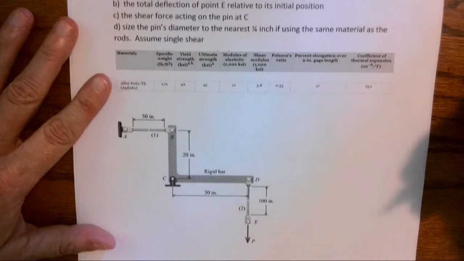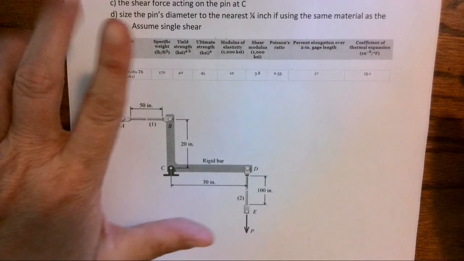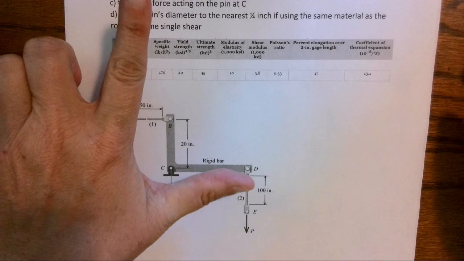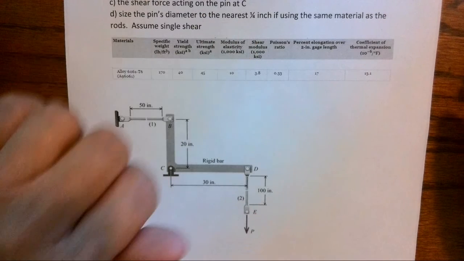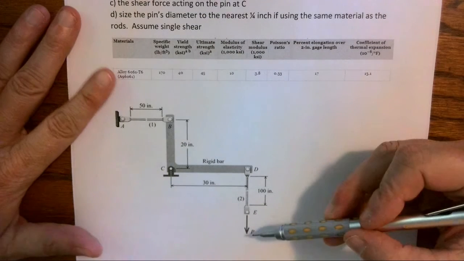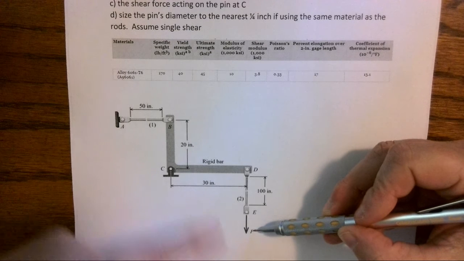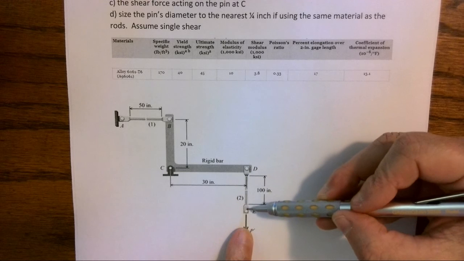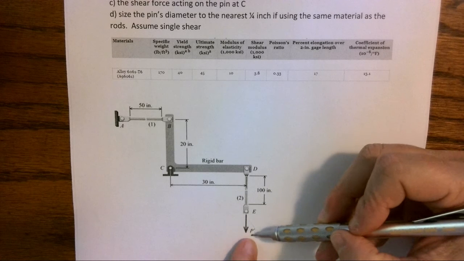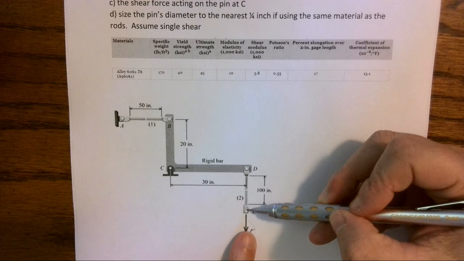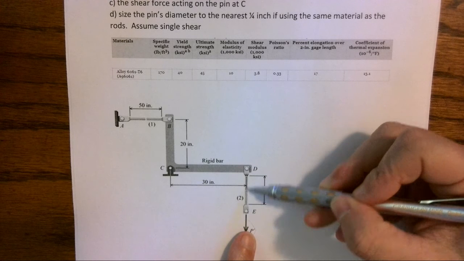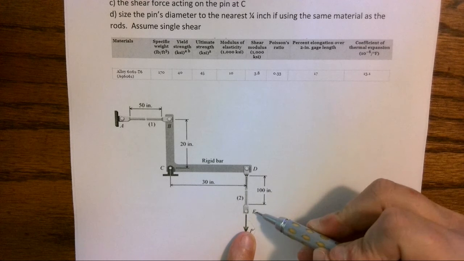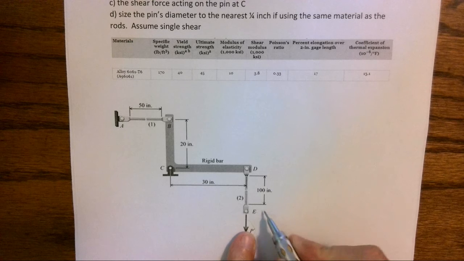So it's important to note that BCD is rigid. That means as I rotate, there's no deformation in this angle. It's going to rotate at point C. So when I apply a load at P, I'm going to start here and work my way through the system. As I apply a load at P, I can see that DE is going to have this force of P acting through it axially. So I'm going to have some deformation just because I have stretching of the rod from D to E. So if I'm looking at the total displacement of E, okay, the total displacement of E to E prime,